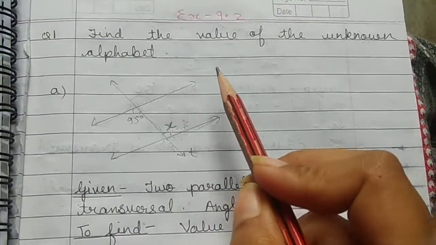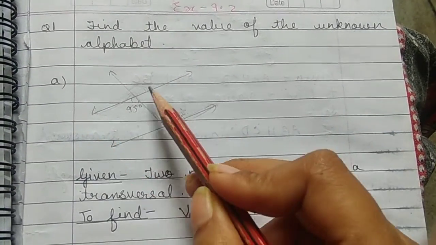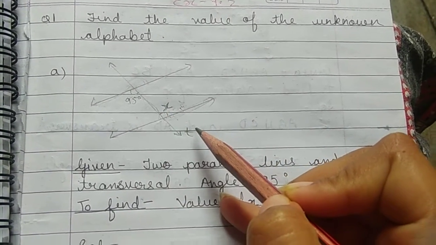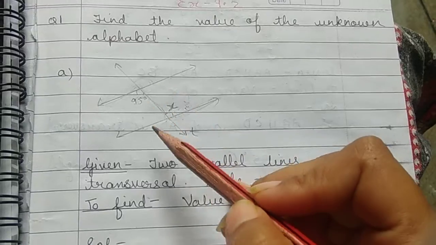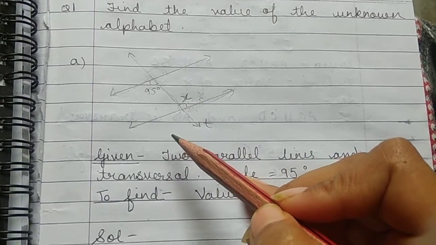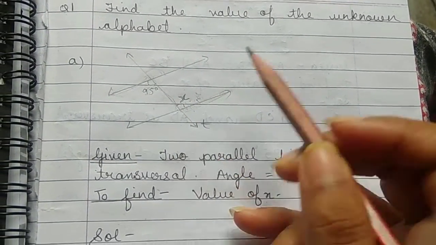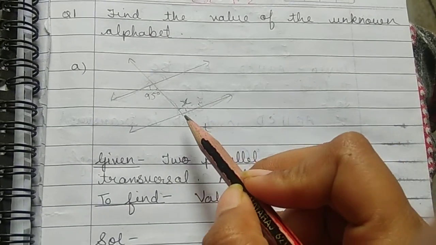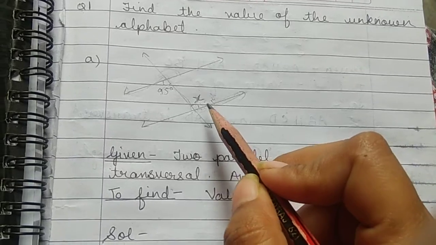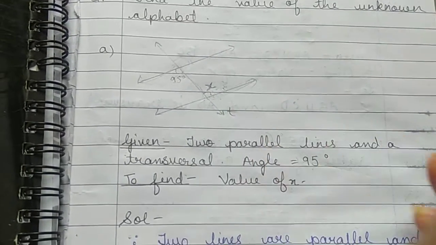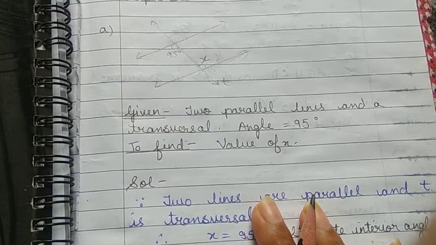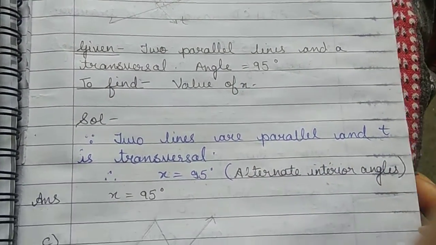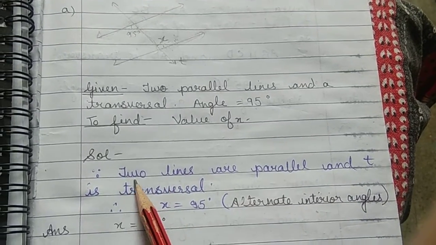So as you can see that these two are the parallel lines and T is the transversal. So when two parallel lines and a transversal is given, we have studied three various properties for parallel lines. So we'll try and apply all the three properties and see which one of it can help us to find the value of x. So starting, first of all, we write what is given in the question, then what you have to find. Then starting with the solution, we'll mention that since the